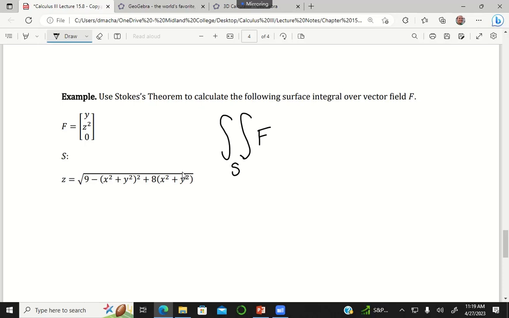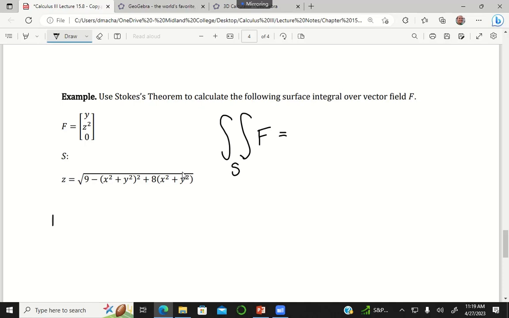Like, that surface is going to be really difficult to parameterize, and that integral is just going to be a nightmare. Especially because with surface integrals, you got to take the partial derivatives with respect to your parameters, and then you got to take the cross product, and then you've got to do the dot product, and then it's just a whole thing. So the way this becomes easier